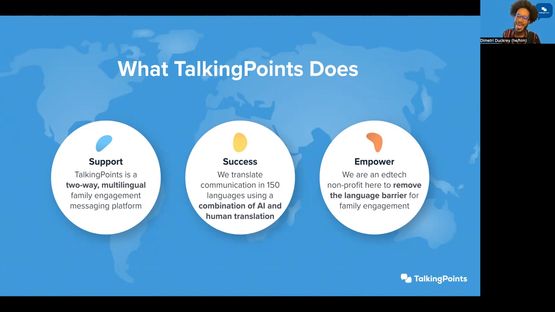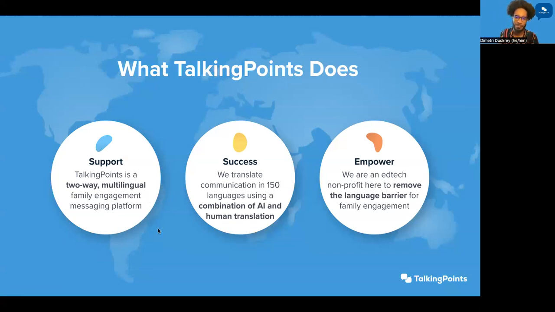And then lastly, we are a nonprofit in the edtech space with the mission to remove the language barrier for family engagement. But I think we've noticed that removing the language barrier isn't enough, but supporting families that may work the night shift or aren't tech savvy or on the teacher and staffs and not being able to call all of their families in one night or speak their language. So once again, super grateful to be able to partner with you and your team to bring this and deepen